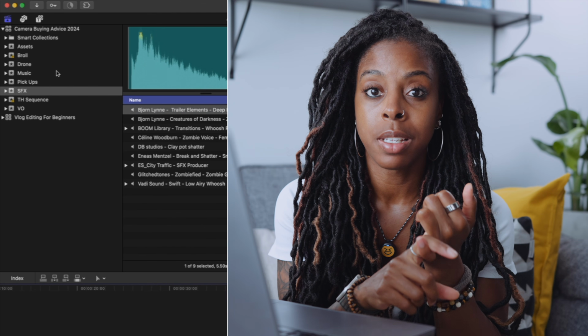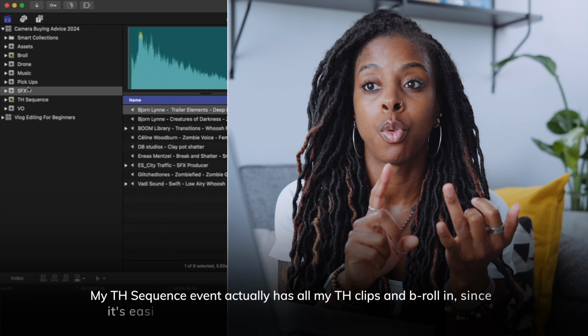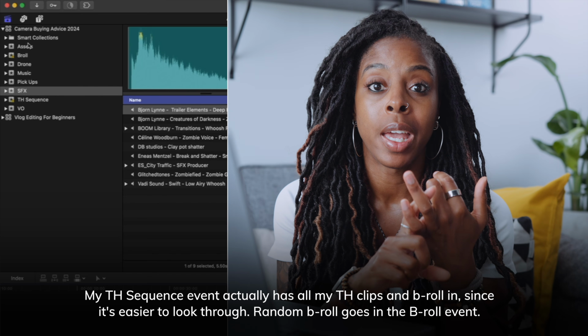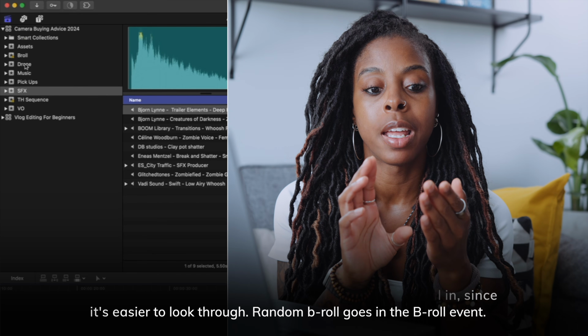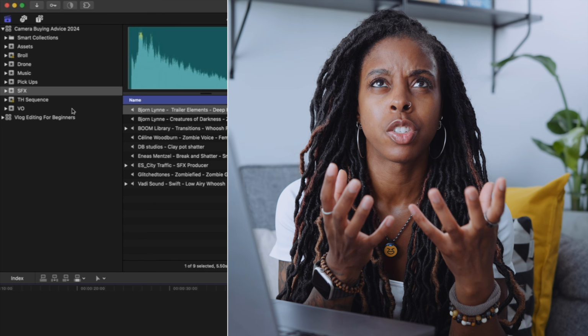So then the next part is to actually import the footage, and what I tend to do is organise my footage in Final Cut. So I will have different events for different types of media. So for my talking head, I will have a talking head event, and for my B-roll, I will have a footage B-roll event, and then for things like the assets, such as images, I'll have an assets event. Then music, I'll have a separate event for that, and sound effects, I'll have a separate event for that. And it just helps me to visually organise everything so that I can quickly reference what I need to and get what I need to from the